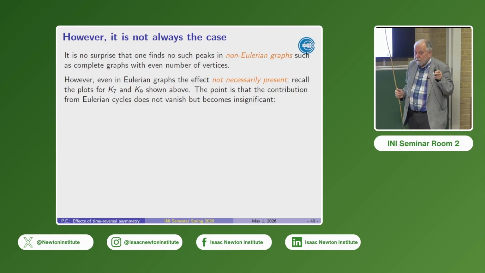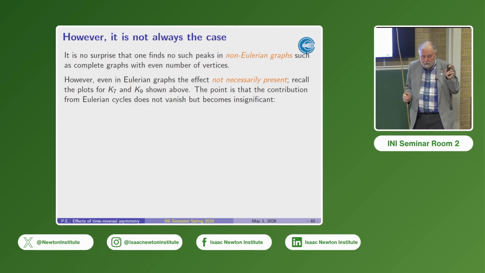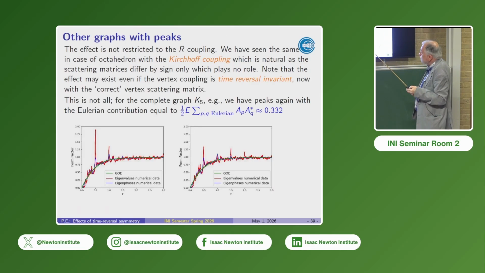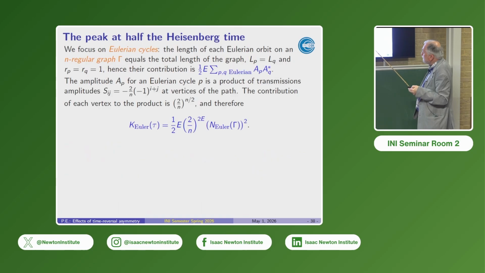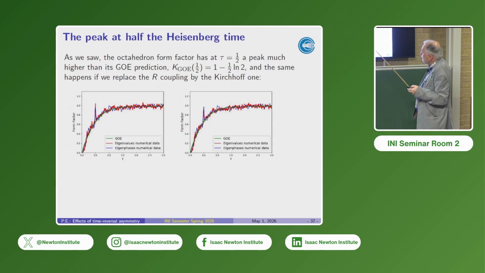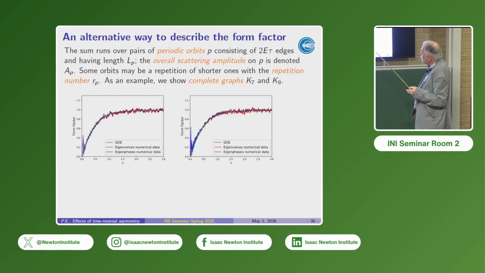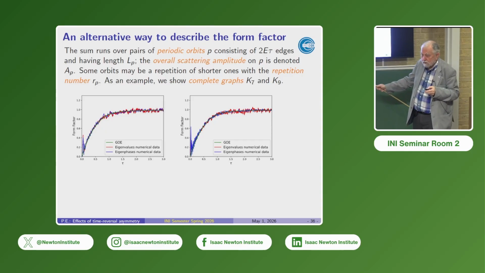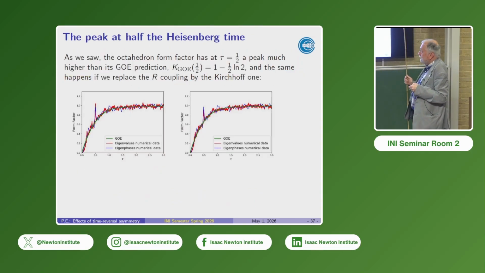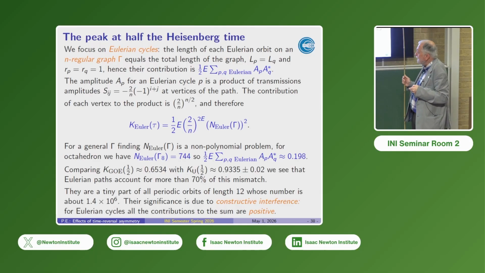But also, there may be peaks absent even in graphs which have Eulerian paths. If you go back to the K7 and K9, you see that there is some numerical nonsense around 0, but otherwise there is no peak on the graph. And you may ask about